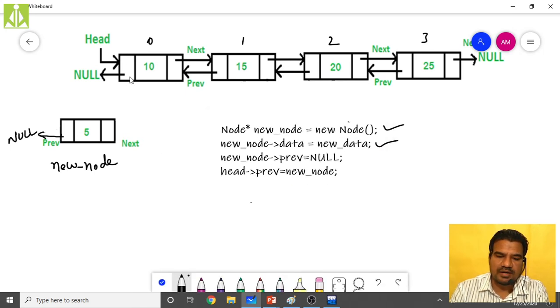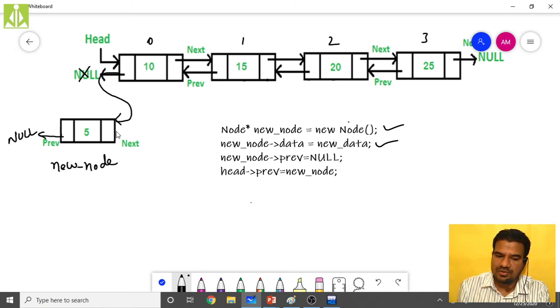So what is my head of previous? This is my head, isn't it? Head is pointing to this one, so this is my head, and this is my previous. Head of previous in the sense this one. This one was previously null. Now this will point over here. So we have removed null from here, and we established a link like this. So now this direction is complete.